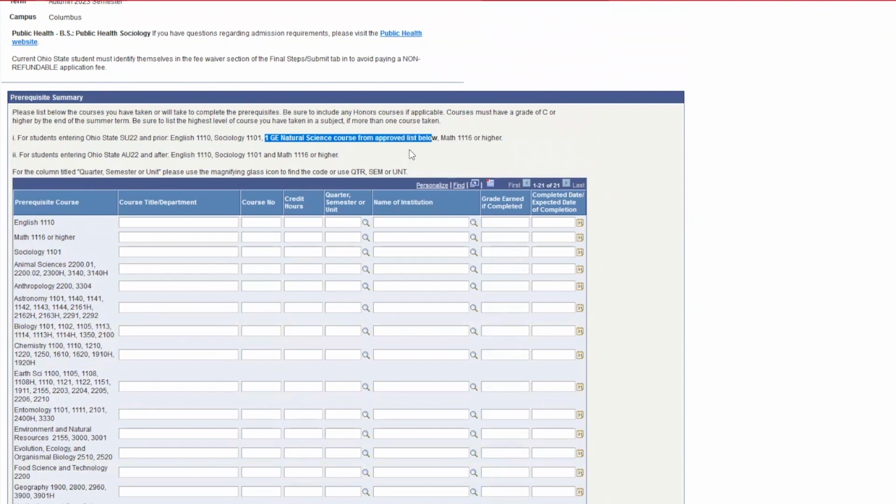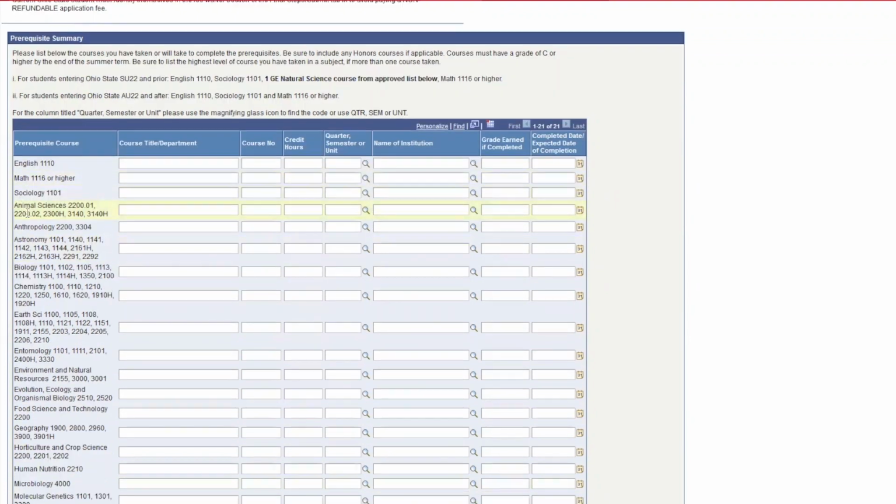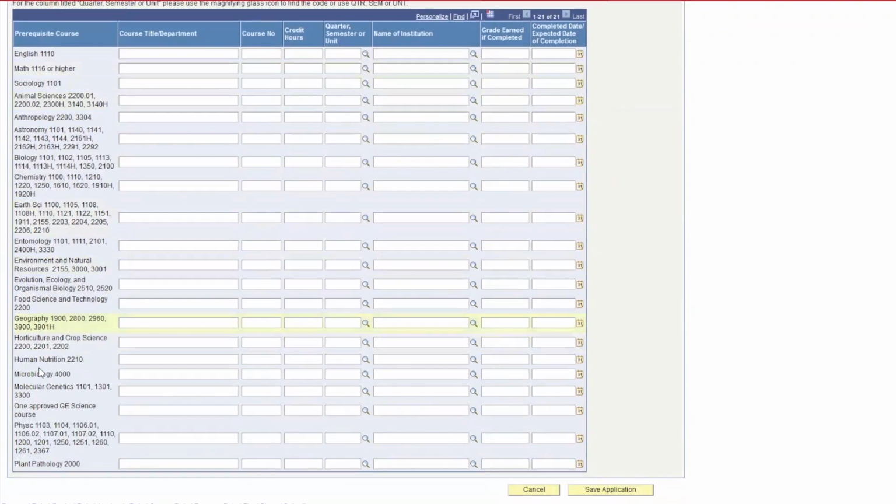So for those of you that entered the university summer 2022 and before, a prerequisite is that you have one general education natural science course from the approved list below. That is all of these listed down through here. So if you had one of those and you have credit for that, that would count.